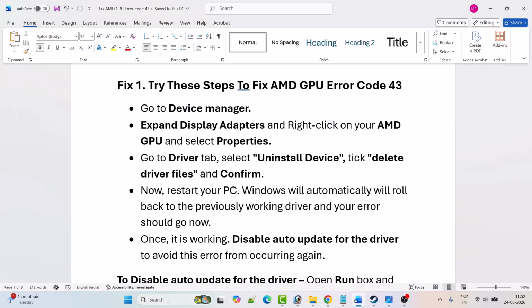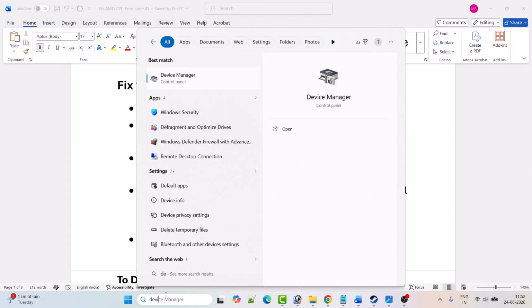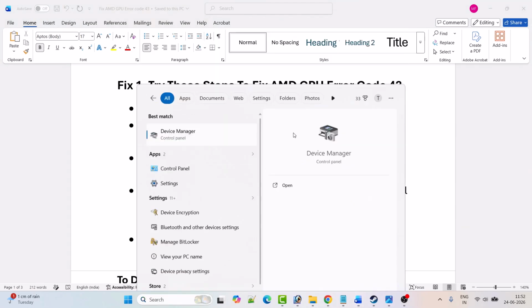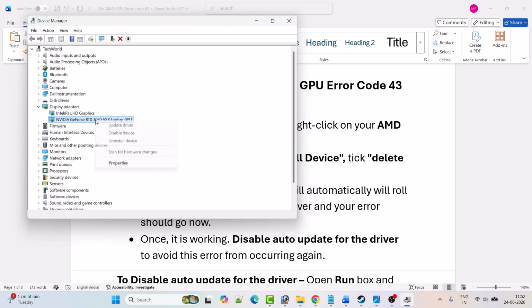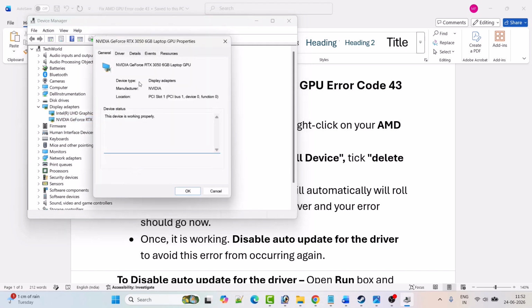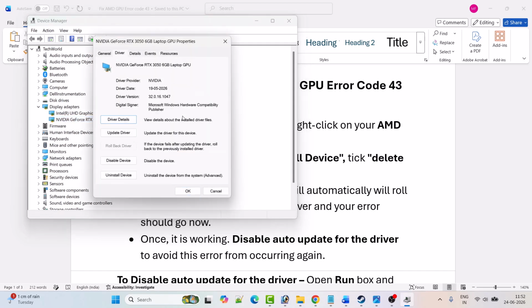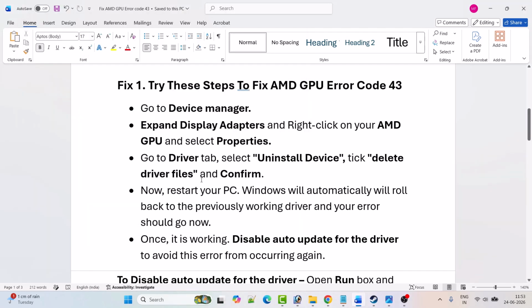Open Device Manager. In Windows search, type Device Manager and open it. Then expand Display adapters. Right click on your AMD GPU and select Properties. Go to the Driver tab and click Uninstall device. Tick mark Delete the driver files and confirm it. Now restart your PC. Windows will automatically roll back to the previously working driver and your error should go